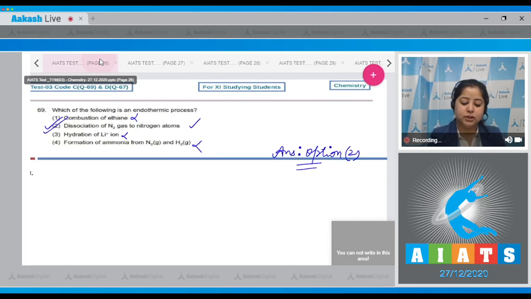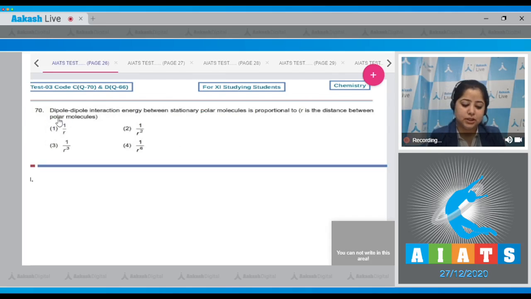Moving to next question, which is 70. Let's read it. Dipole-dipole interaction energy between stationary polar molecules is proportional to, where r is the distance between the polar molecules. Students, you have to learn this data. Dipole-dipole interaction energy between stationary polar molecules is proportional to 1 upon r cube. That means the correct answer is option number 3. Moving to next question,